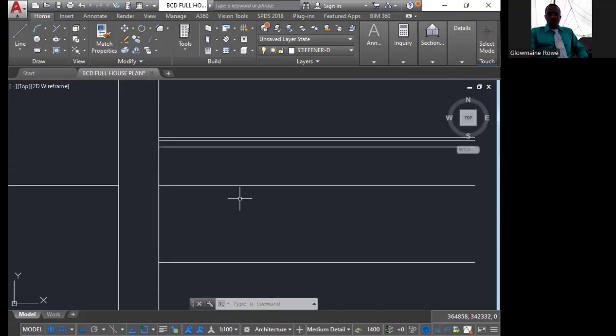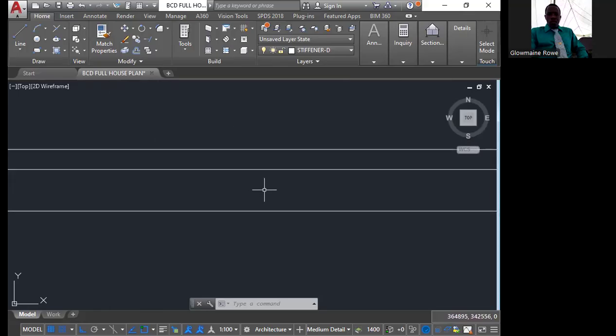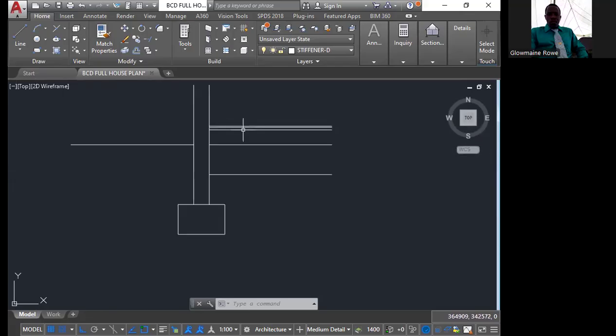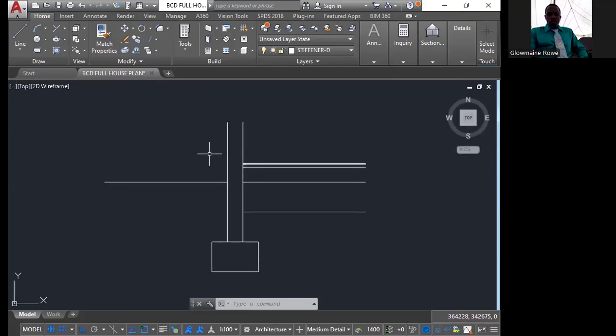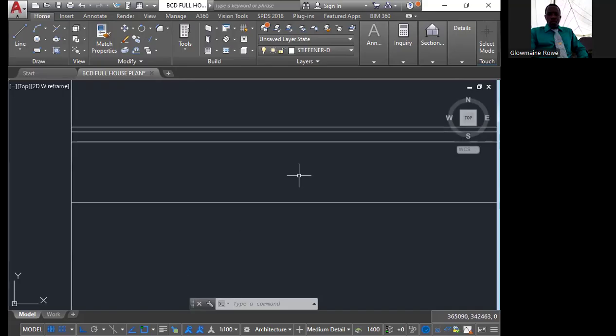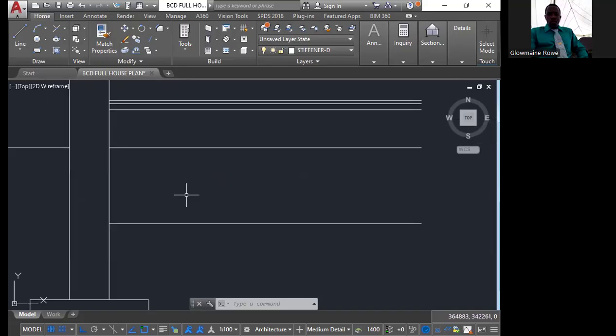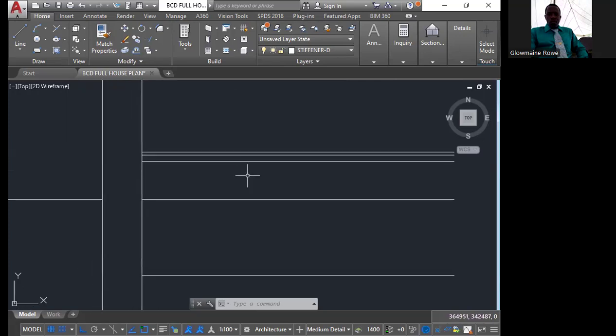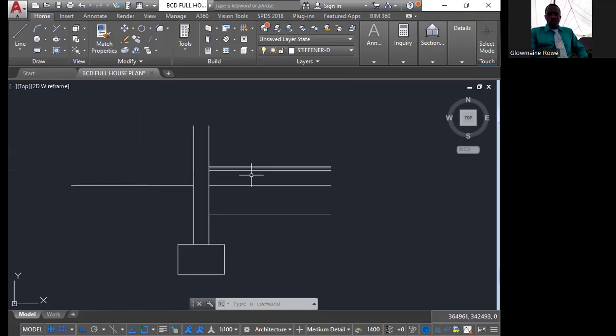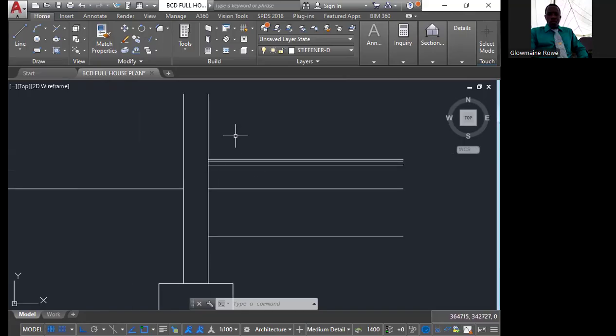So once again, this space is 300. This space is 150. This is 25. This is 12. All right, so this is 300. This is 150. Does everybody have their 5 lines? All right, so now